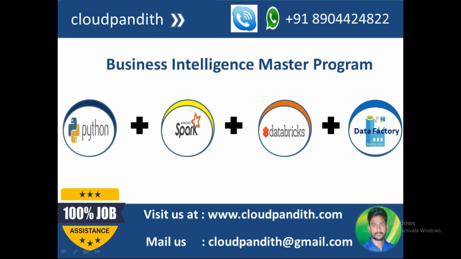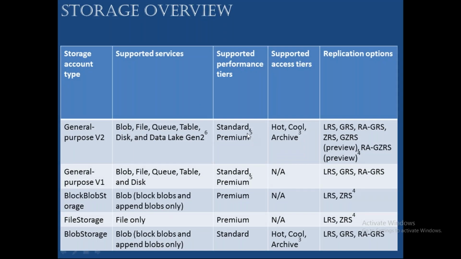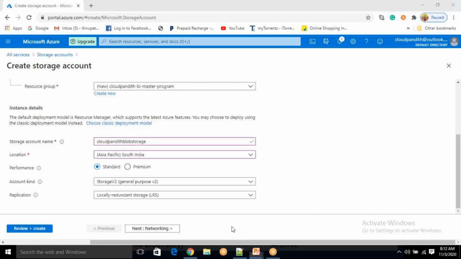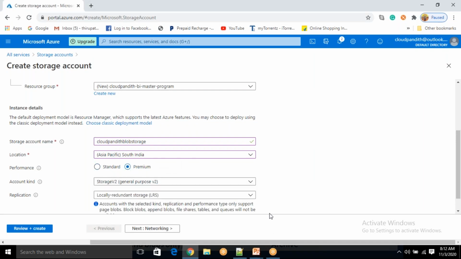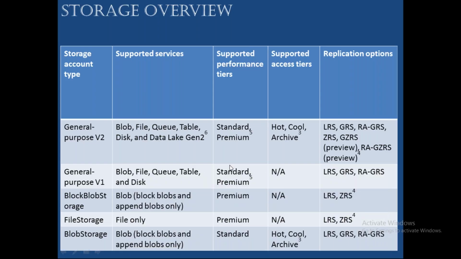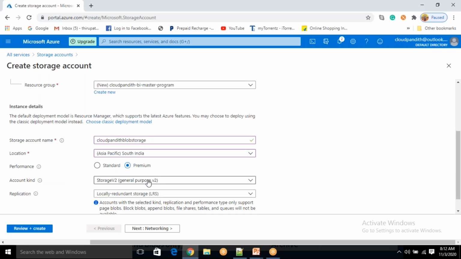Okay. Next. So if you want, let me show you clearly. So in this diagram, let's see friends, I selected standard. When you select standard, what all options should be available? V1, V2, blob. Now you see I selected standard, you see V1, V2, blob is available. Now let's go to premium. When I go to premium, what all things should be available? 1, 2, 3, 4. Total these 4 should be available.